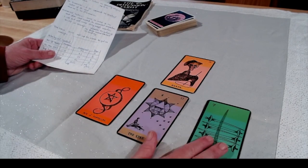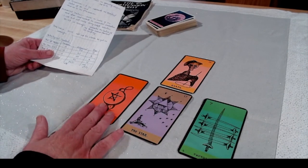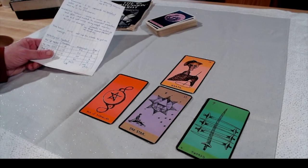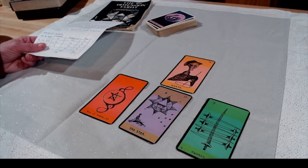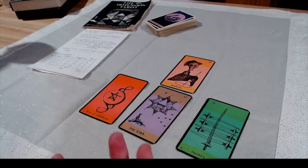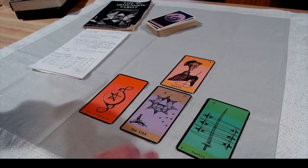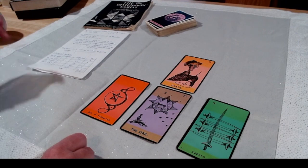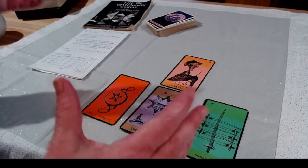My question, or what I was thinking about, is how can I keep up with my creativity. Since we've been on lockdown, I'm working full time, but I still have a lot of extra time because I'm not commuting, and I have an hour lunch break and I'm spending it in my home. So that's almost 2 full working days that I've gained. So I am happy about that. But I want to use that time in a good way, not just tooling around on Reddit. So my question was, how can I keep up with my creativity,